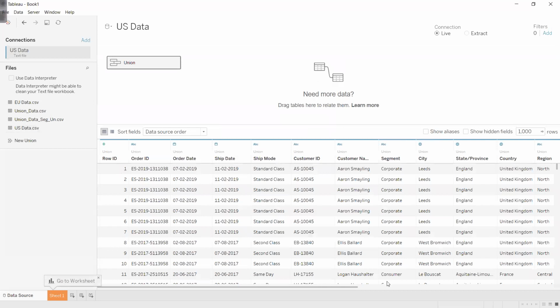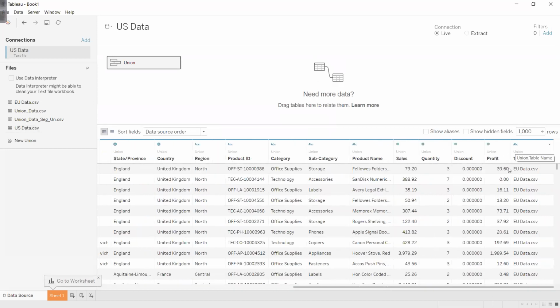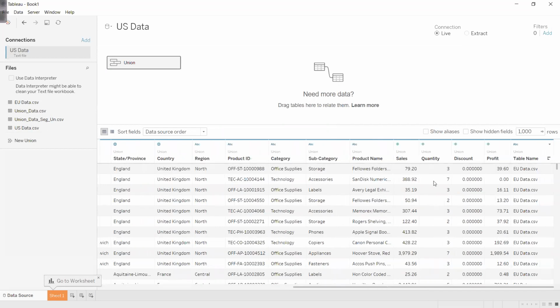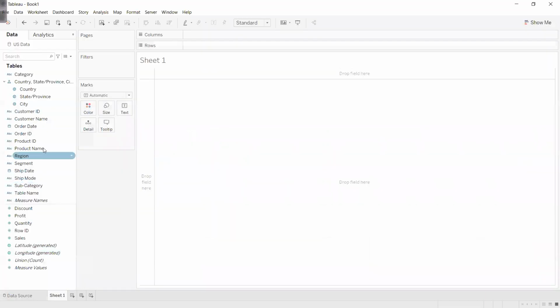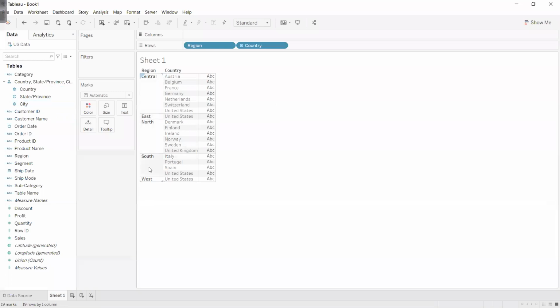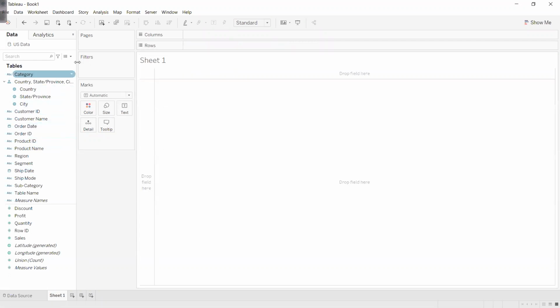And you can see that I have all the data with us. At the end, you are getting the table name as well. Everything is the same. The only problem is the region as of now, that I will write some logic inside Tableau. So if I go to sheet 1 and select the region and select the countries, you can see that I have United States in all the regions. United States North region is not there, so I'm not getting that. I want to segregate the region, so I will write the logic which we wrote in Prep, exactly the same.